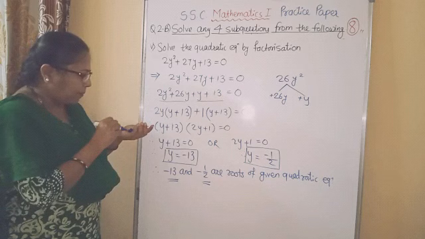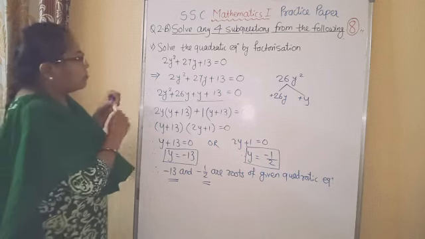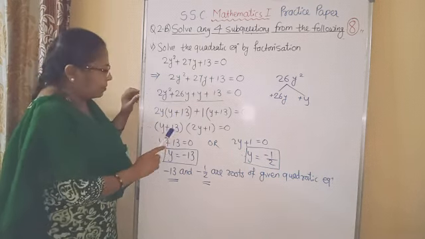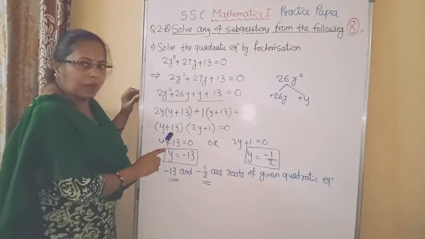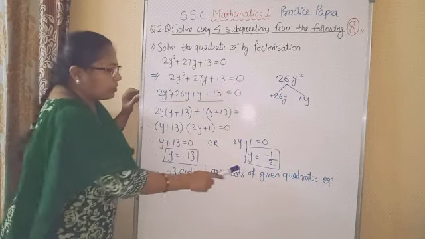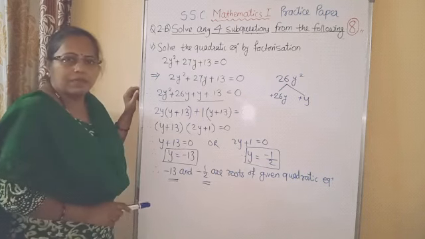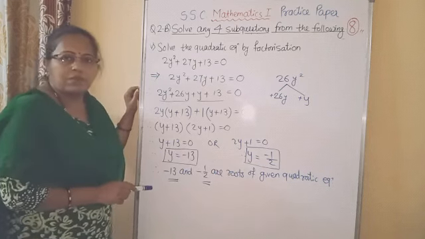Follow? So maybe here for this first step half mark, second step half mark, for these factors half mark, and for these answers half mark. Either for this step or this step half mark is given. So this way the question comes for 2 marks.